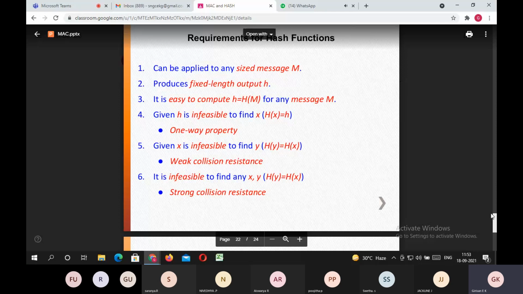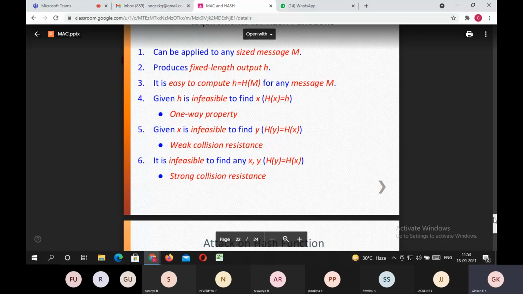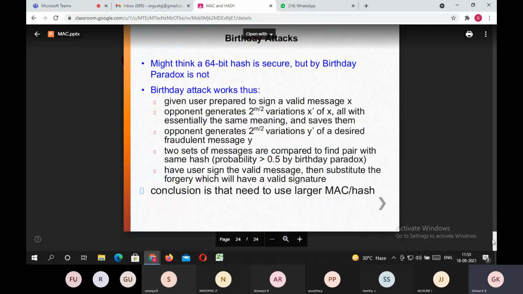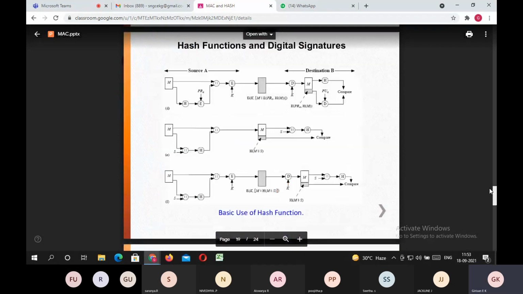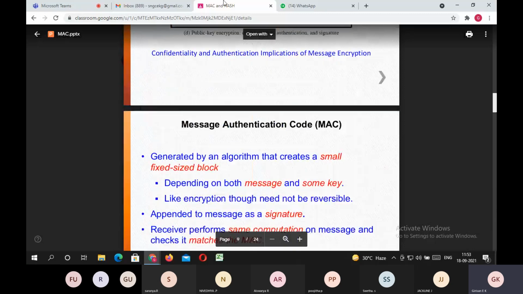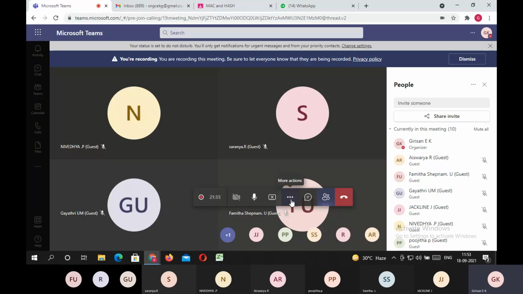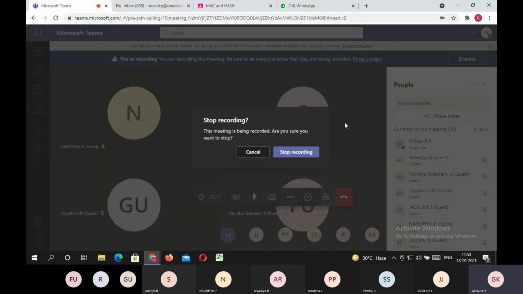Then it must be infeasible to find both x and y such that H of x is equal to H of y. That is called strong collision resistance. So these are the requirements for the hash functions. So this is about the hash MAC, that is message authentication code, and hash functions. If you have any queries